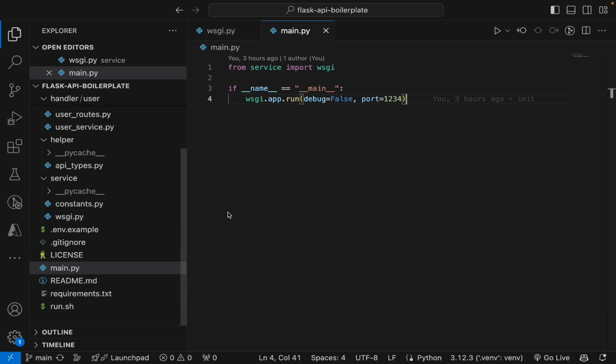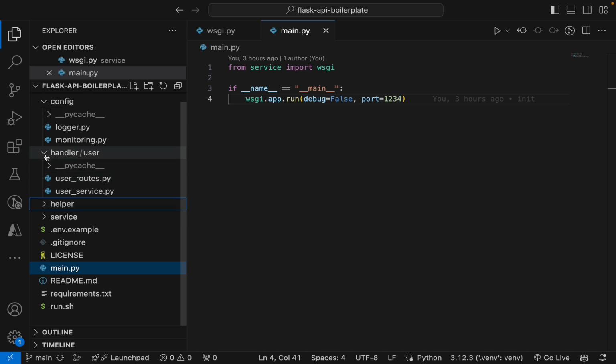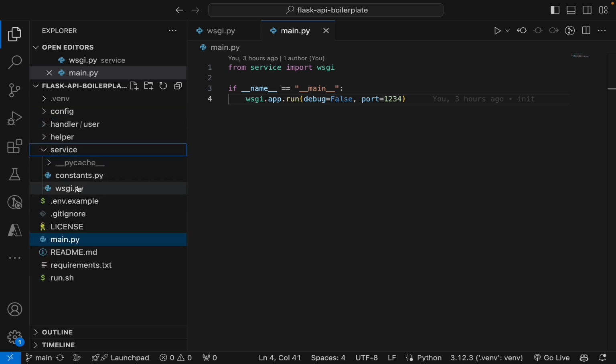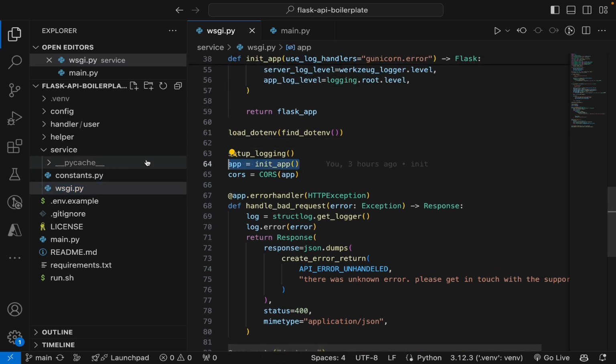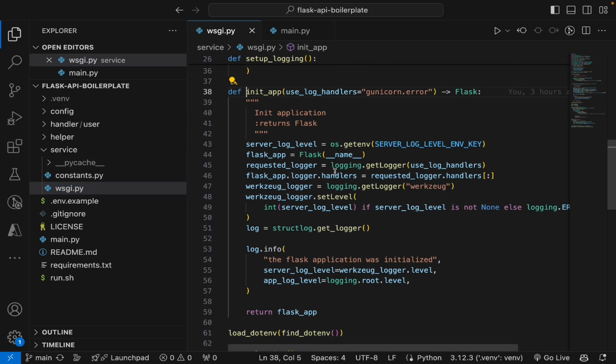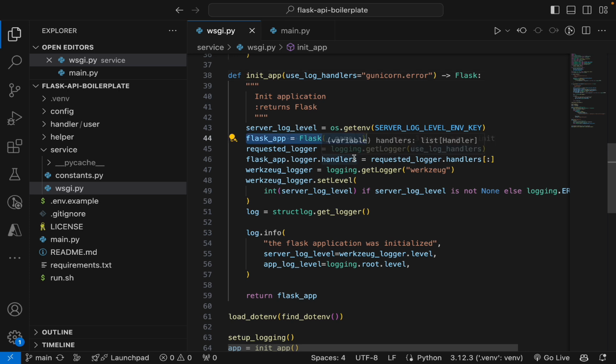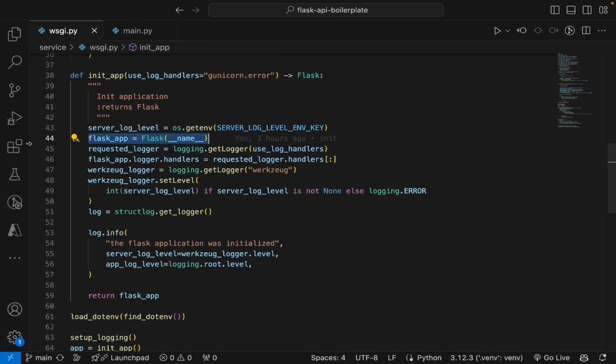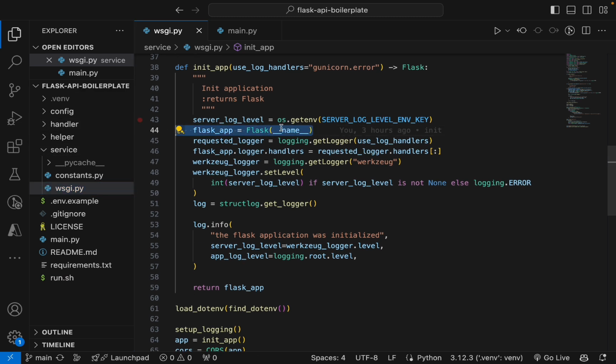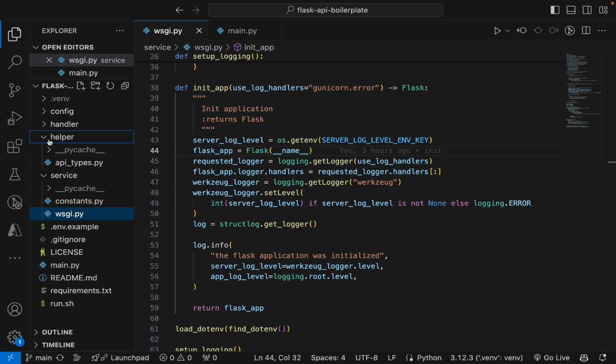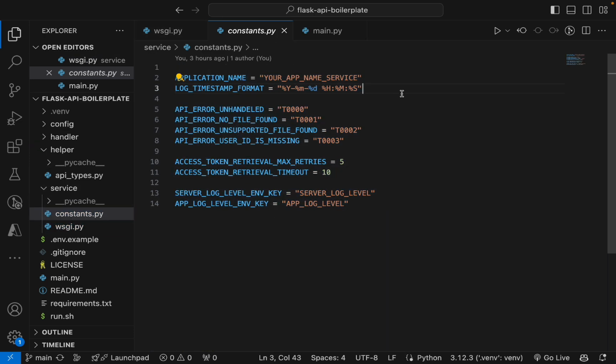Here first we have the main file, main.py. We are calling the app from services and running the application. Here you can see services. You can see service, and here we have app initialize. We are initializing the Flask application. Here we have helpers, or here constants like your app name, service, and some errors, API errors,